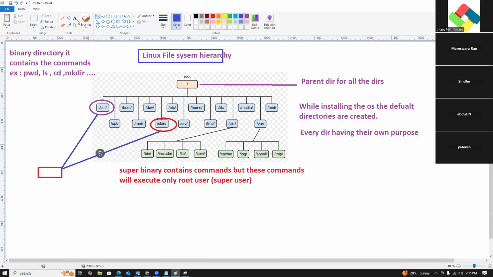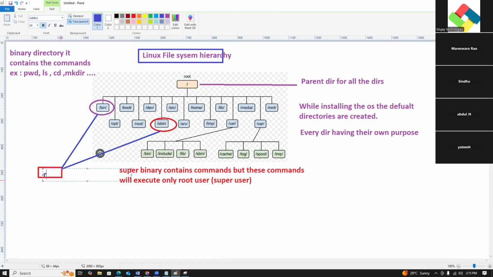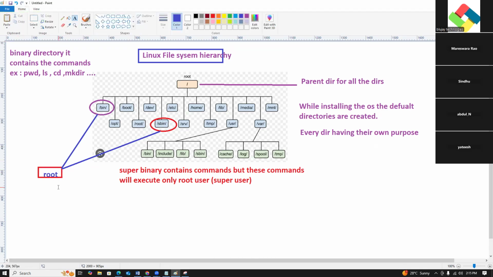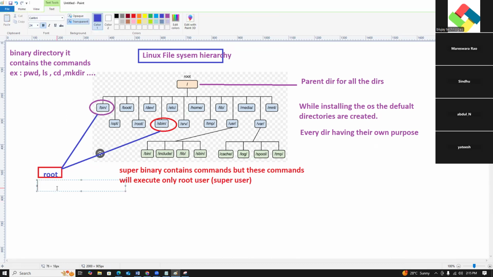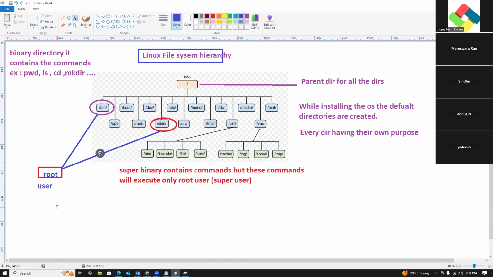Which user? The root user will execute both bin and sbin commands, but a normal user can execute only binary commands. Yes, very good.